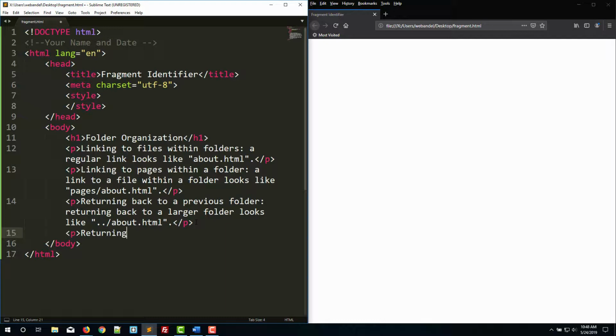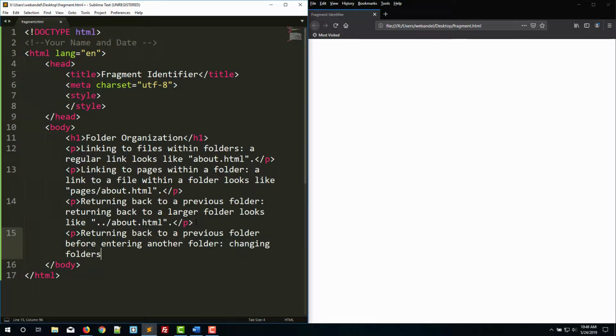We'll say returning back to a previous folder before entering another folder. Changing folders looks like